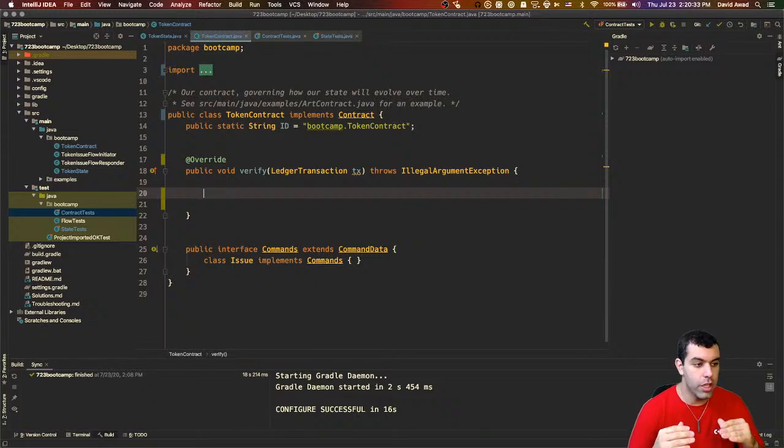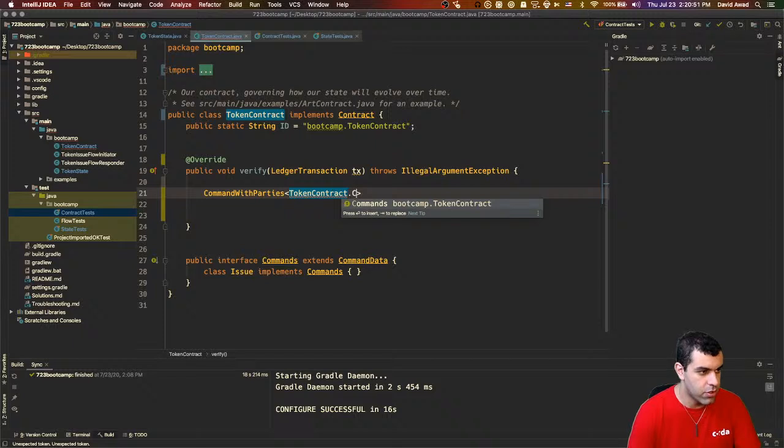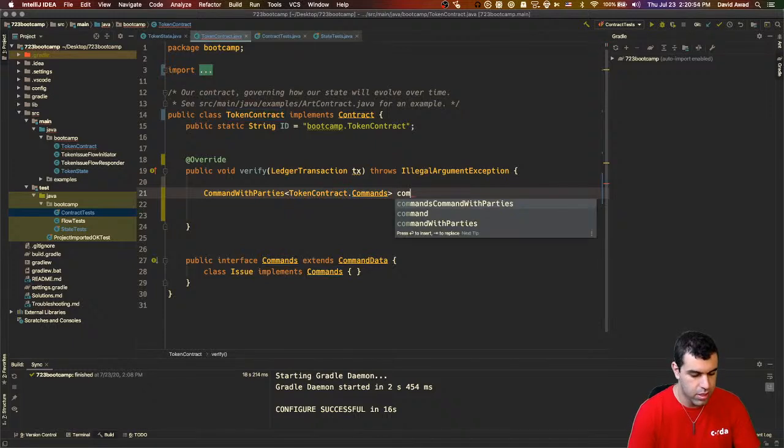We're going to look at the type of transaction this is by looking specifically at the type of command, and that will outline what the code does to handle it. So let's start by just getting the command right at the outset. So we're going to do a command with parties. It's going to be of type token contract dot command. Those are the very same commands that are in here. I'm going to call it command, and